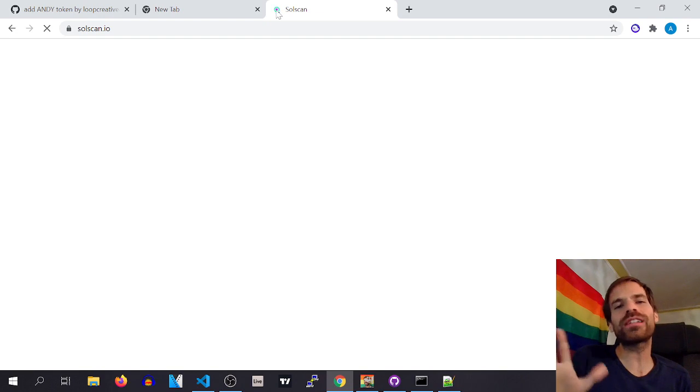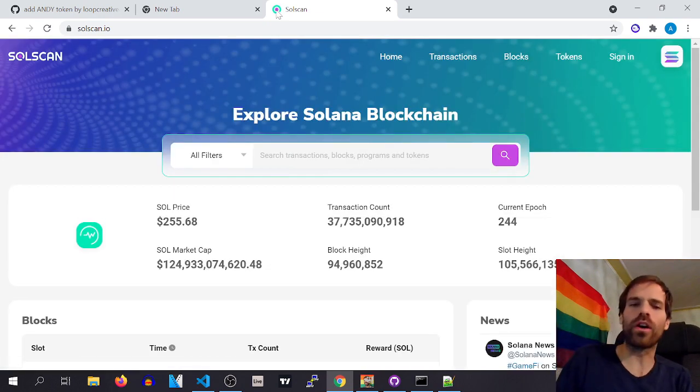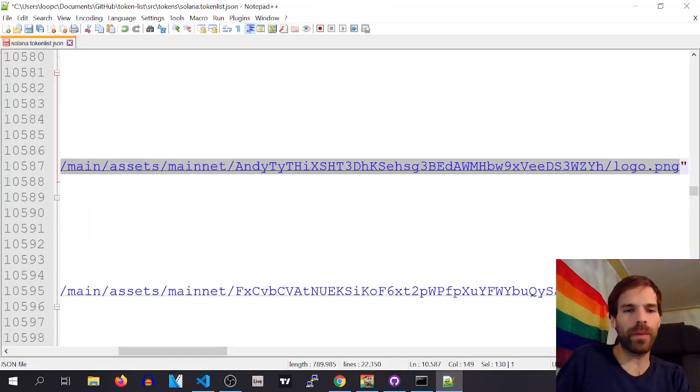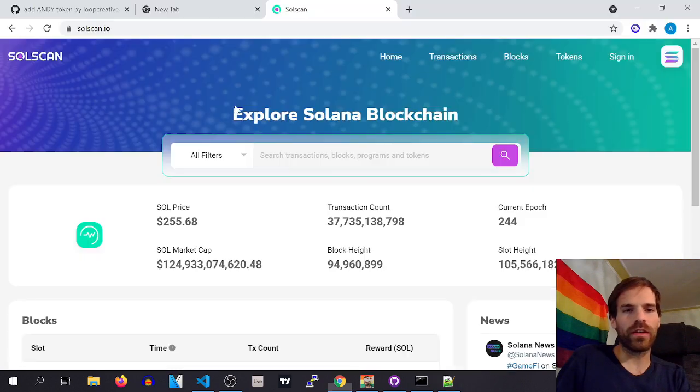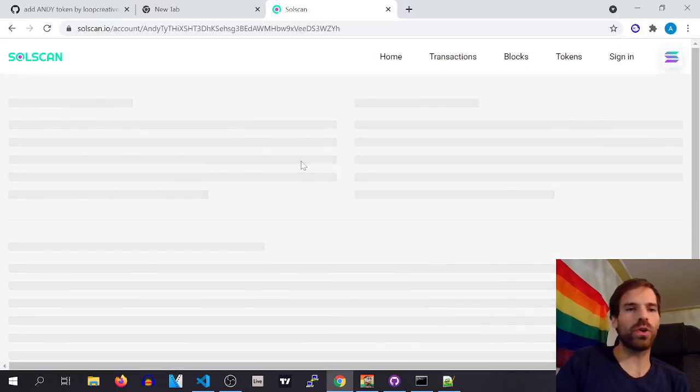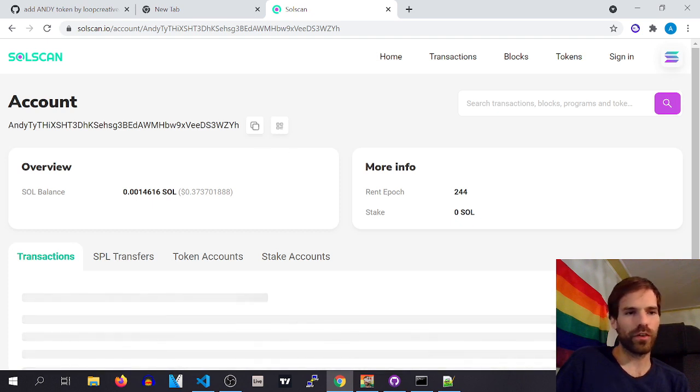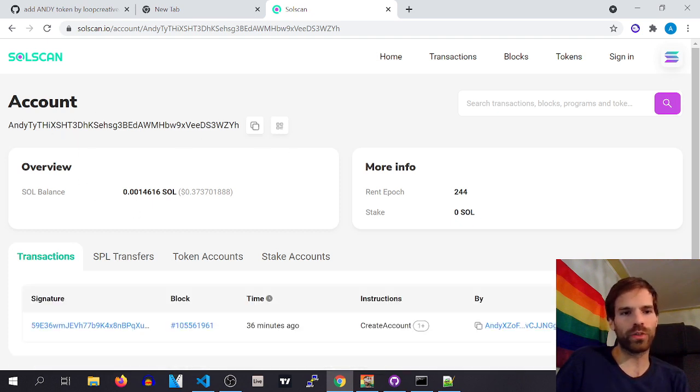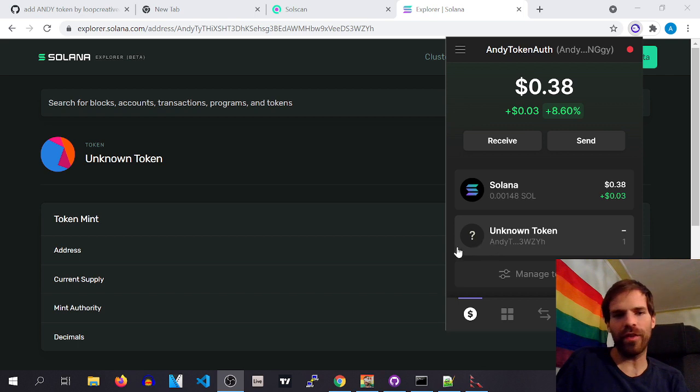Now on SolScan, it usually takes about an hour until you actually see the changes. In Phantom, about the same. And on the Explorer, the Solana Explorer, it takes up to a day for the changes to actually show up. So be patient. But if you go there to check out your token, for now it's still an unknown token. Yes, and in Phantom as well, we have the Andy token,